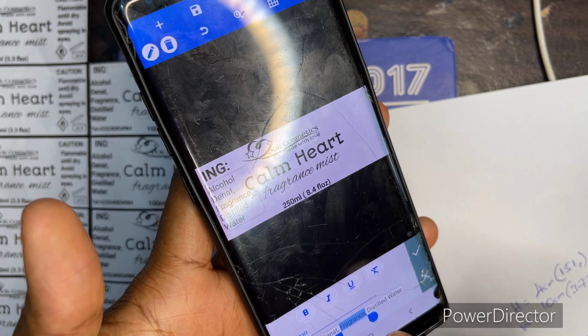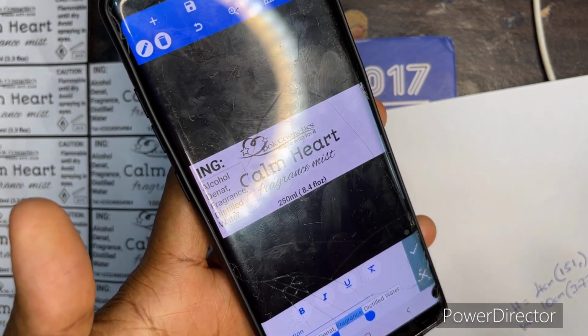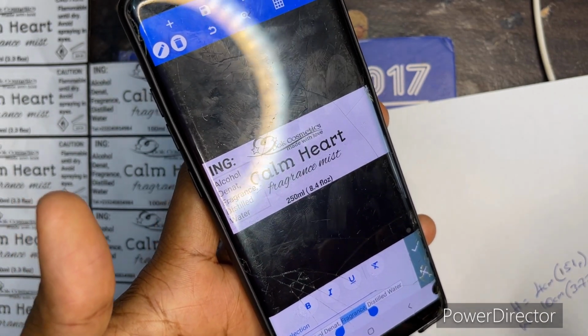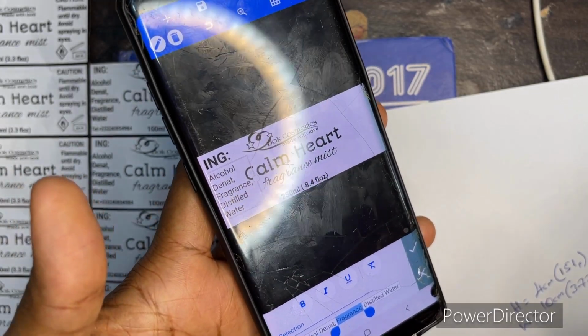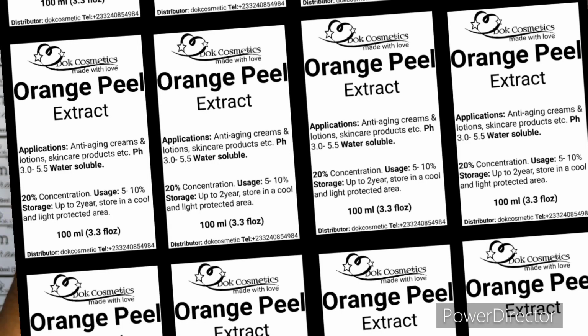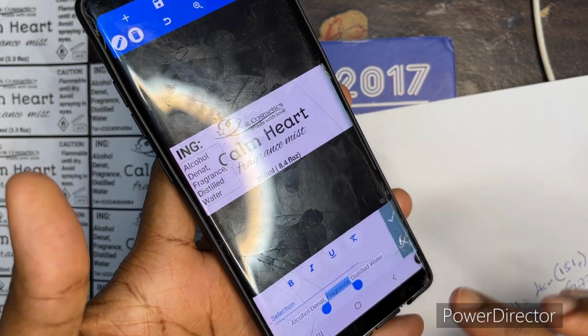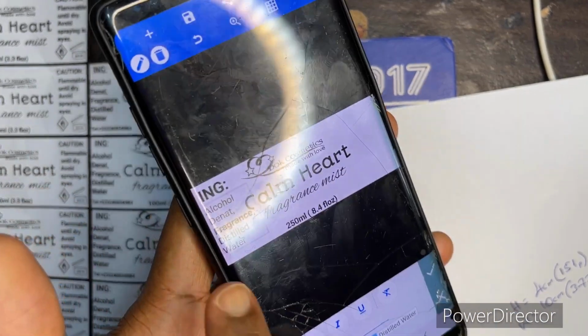So when you see my labels on my extracts, you would see most of this in there. I would highlight the pH in bold letters. I would highlight usage rate in bold letters. It's the same app that I used. Okay, so let's say you want to make this fragrance bold. This is how you're going to do it, and then you click on the bold. So you can see